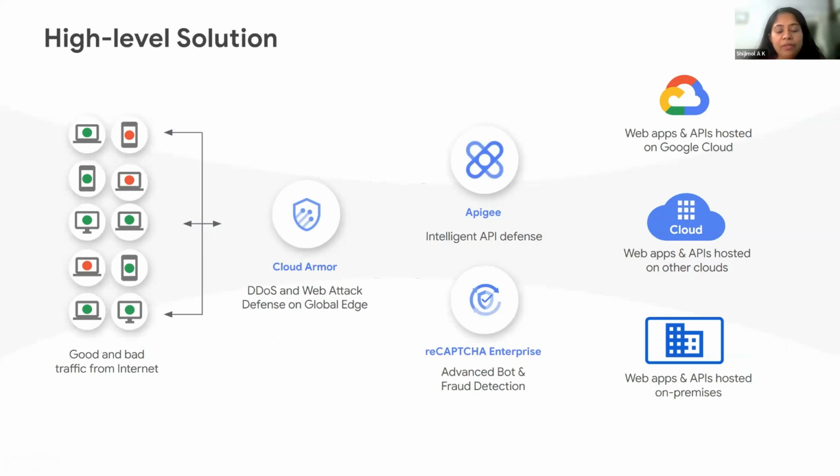So we have Cloud Armor, which provides DDoS protection. DDoS protection means protecting from distributed denial of service attacks. These attacks are designed to overwhelm your web application so that it becomes inaccessible to legitimate users. So say your application can only handle 10 requests. Attackers will send 100 requests. The application is not designed to handle 100, so it will become overwhelmed with all the requests and it will come down.